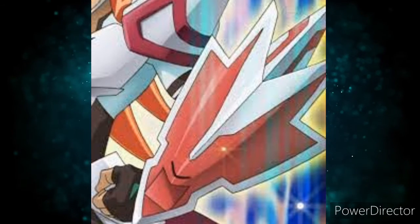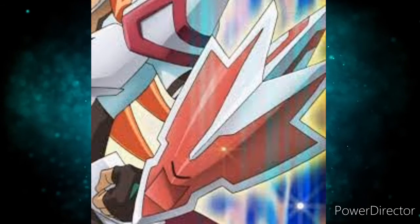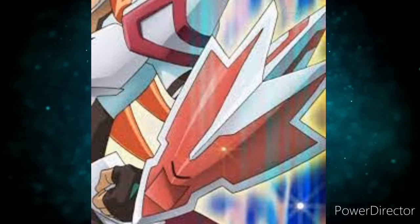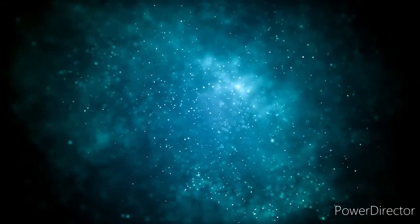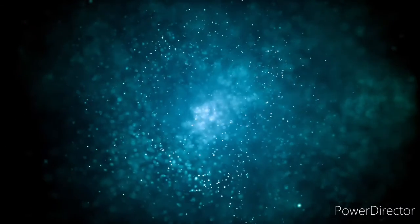It goes from this generic recolor of the generic Duel Disk to "You wanna duel me, kid? You can't even stand up." Yeah, that's basically how it goes. Alright, that was number 5. Number 4. Ooh. Number 4 is